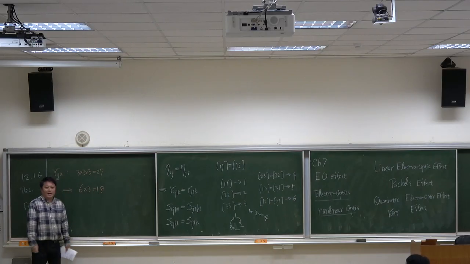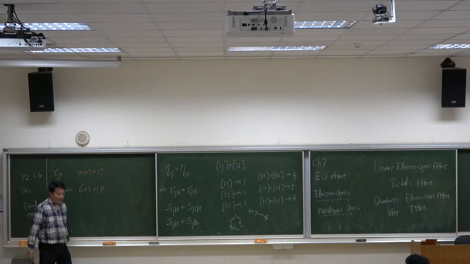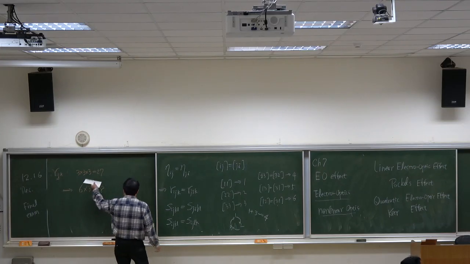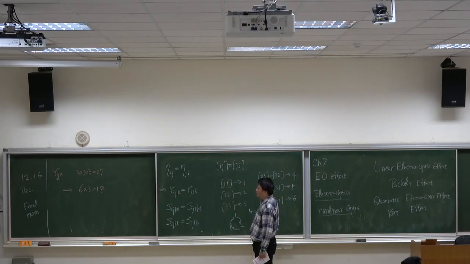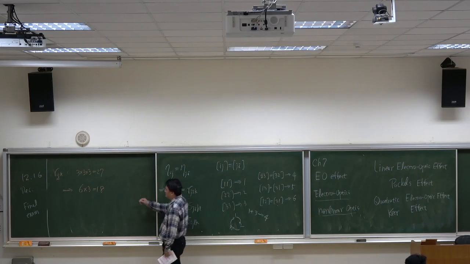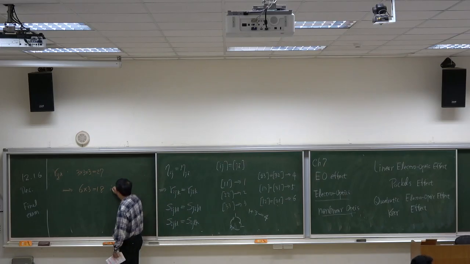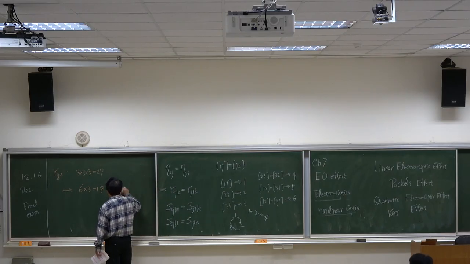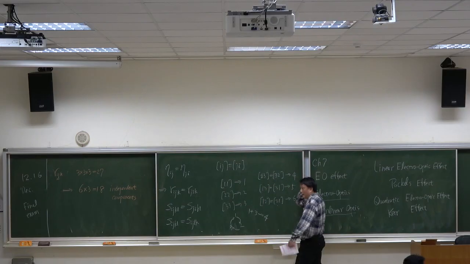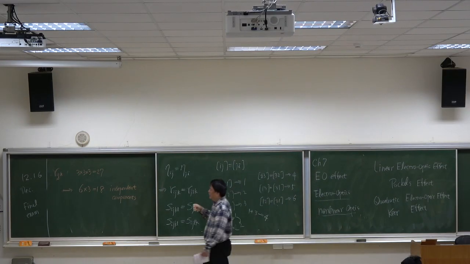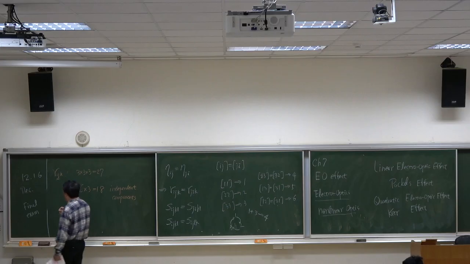So only 18 independent components need to be collected. 就是它的独立分量其实只有18个。